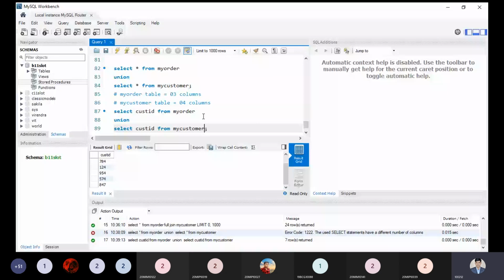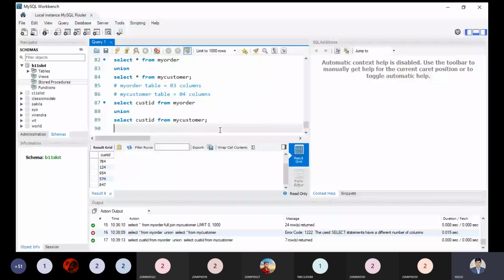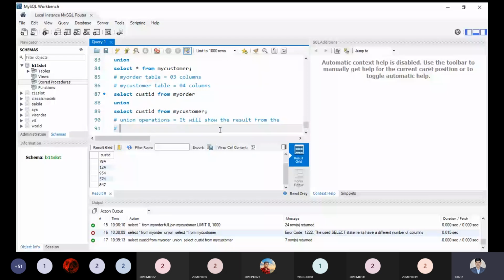While studying the union operation, it will show the result from both tables and does not contain duplicates.